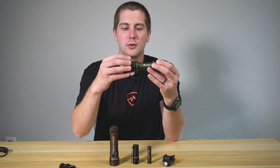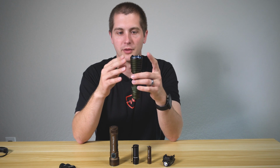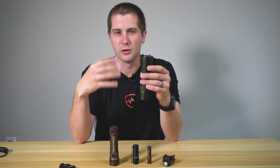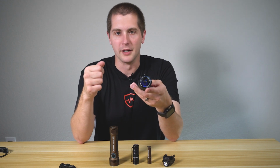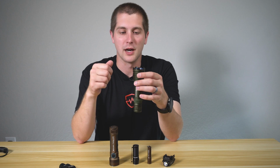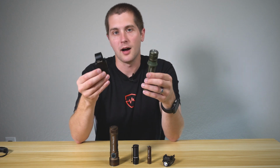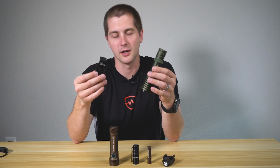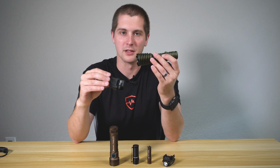And then also, this is a little bit too big for me to mount on a rifle. The end of this is just a little bit big. It comes across, it looks a little bit weird. And I think it's a little bit bright for a weapon light as well. I don't think you really need 2000 lumens on a rifle light. That being said, it is an option, you know, if you're using this for a hobby gun or, you know, an airsoft gun, something like that. I think this is a valid option,